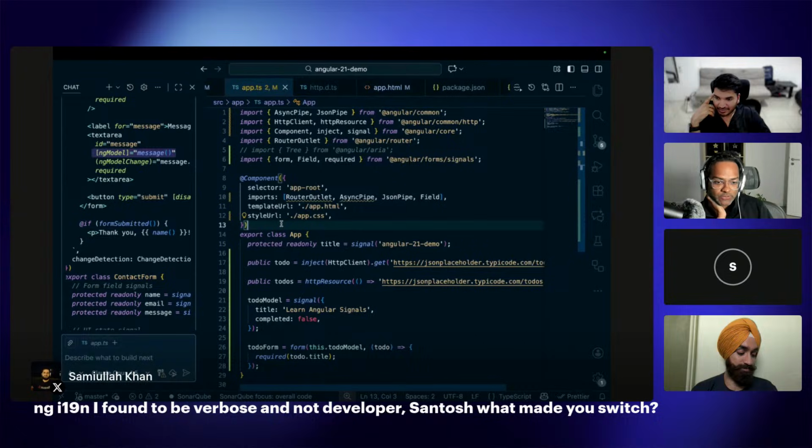Samyullah has this question: what made you switch? I think the biggest problem we had was the enterprises. Whenever we had this issue with missing keys, we looked really bad in front of our customers. So we thought, why not just go with Angular i18n, where at least we have an English version. Just think about showing some random key which doesn't make any sense, versus a text that is just in English. Of course, then you can